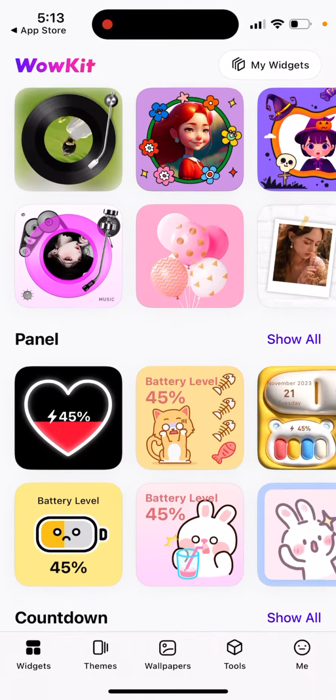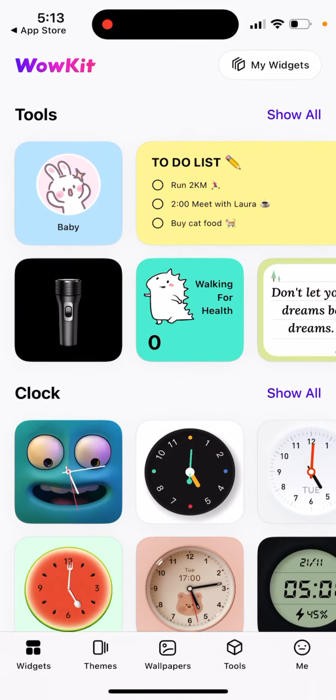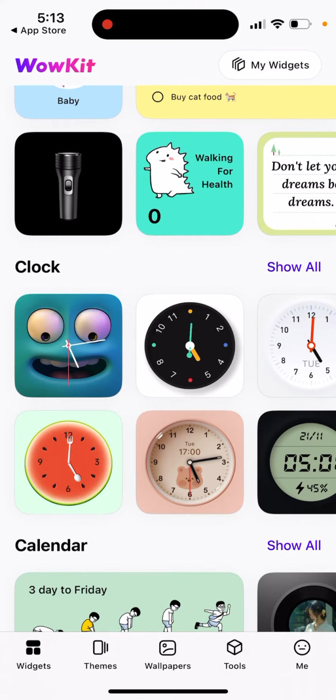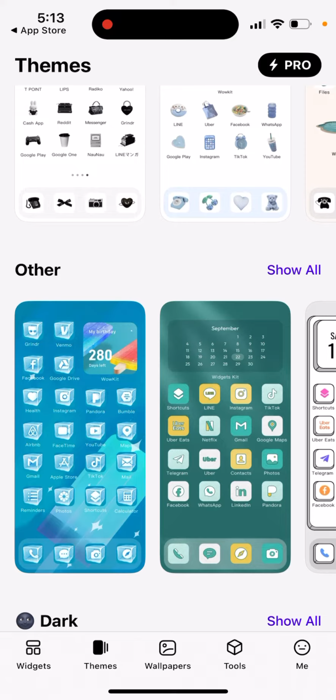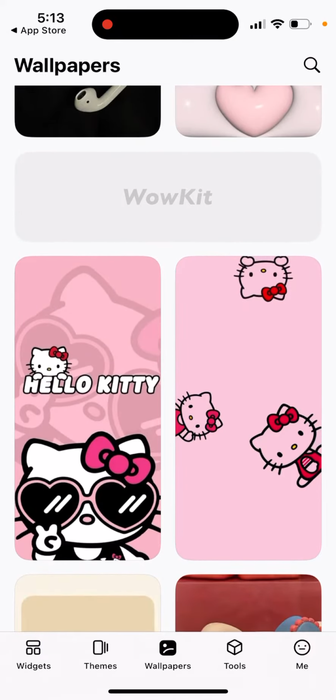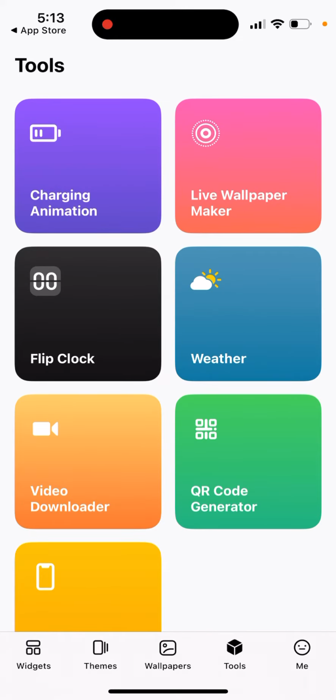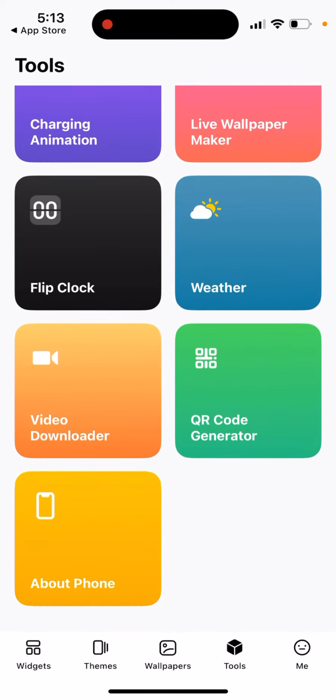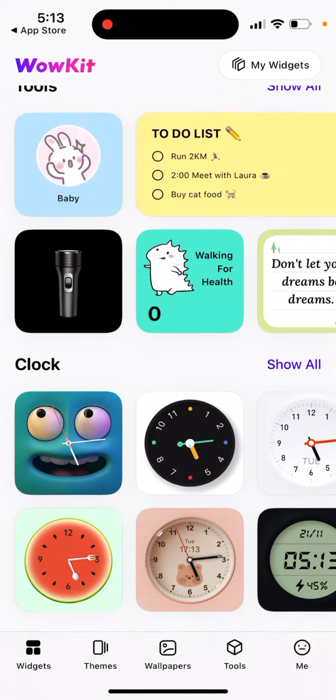There are some trending widgets, there are photo widgets, panel, countdown, tools, all types of widgets. And then also there are themes which you can install, and then there are wallpapers. So all in one app where you can just explore different options. And then there are also some tools. There's like a charging animation, live wallpaper maker, flip clock, weather, QR code generator, all of the tools you can